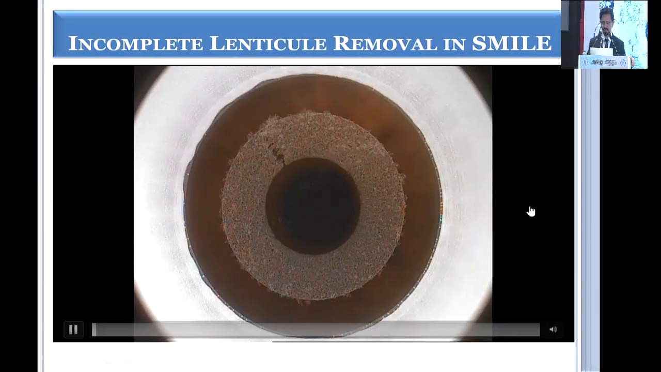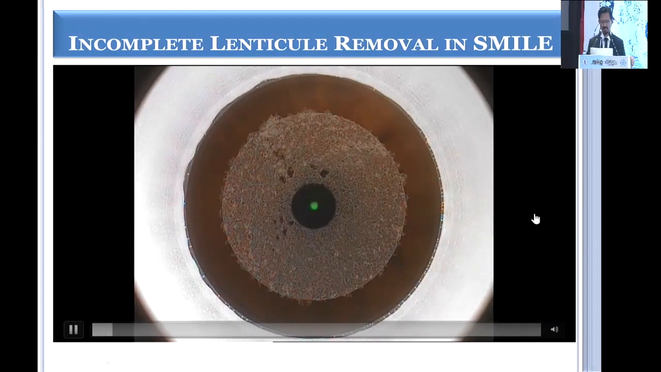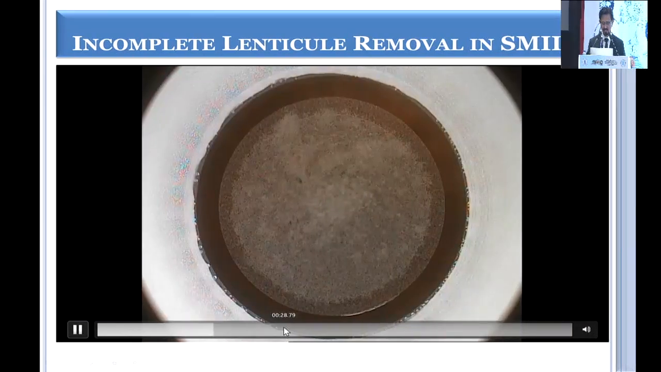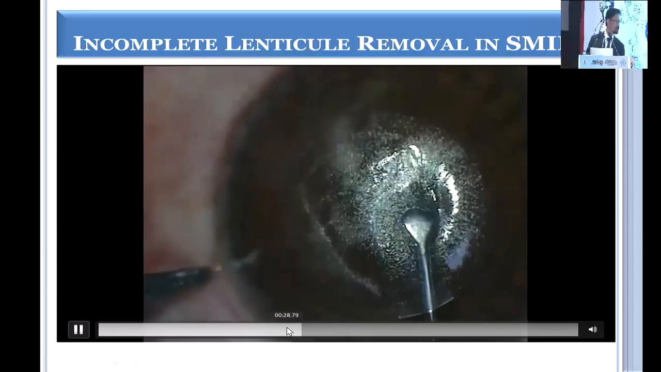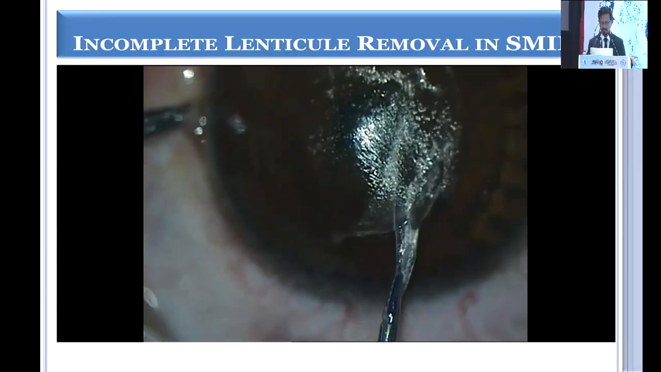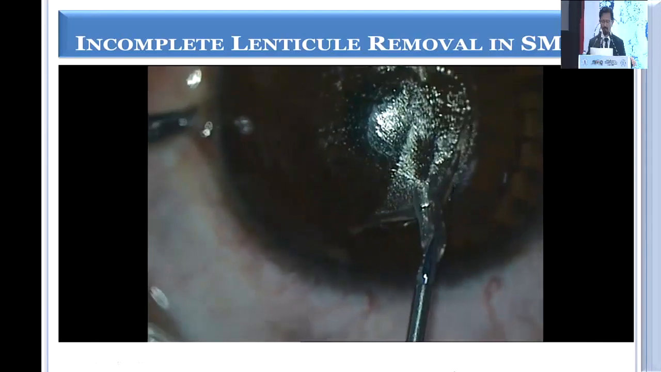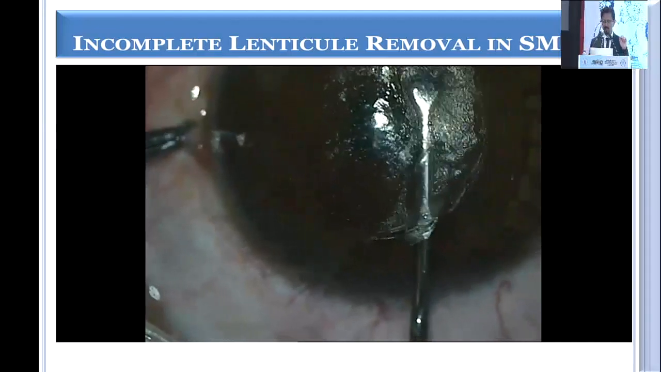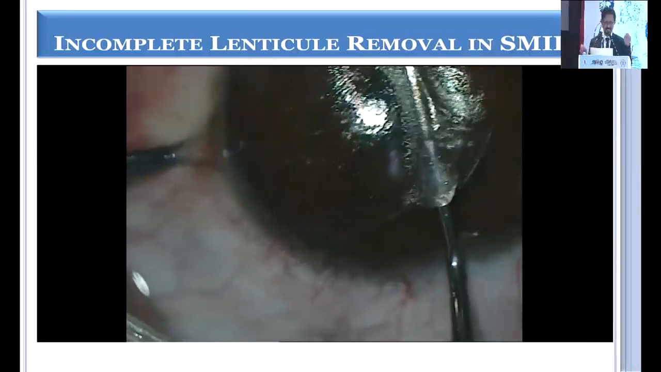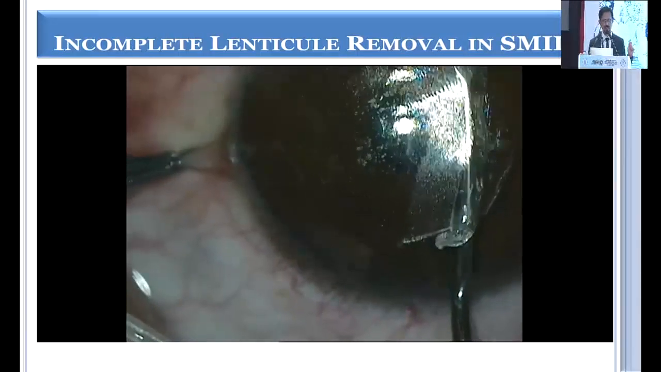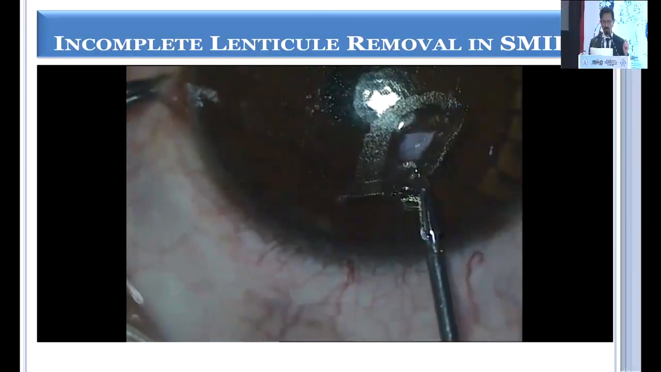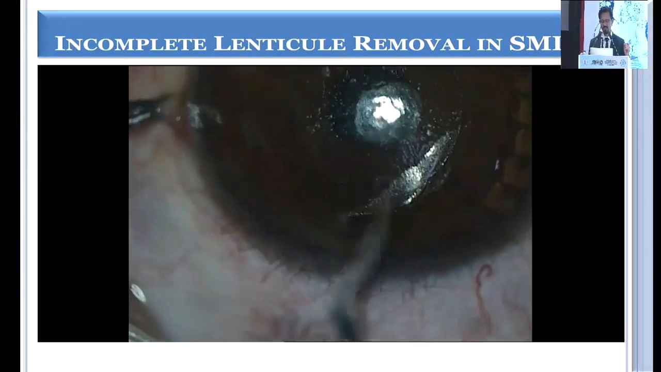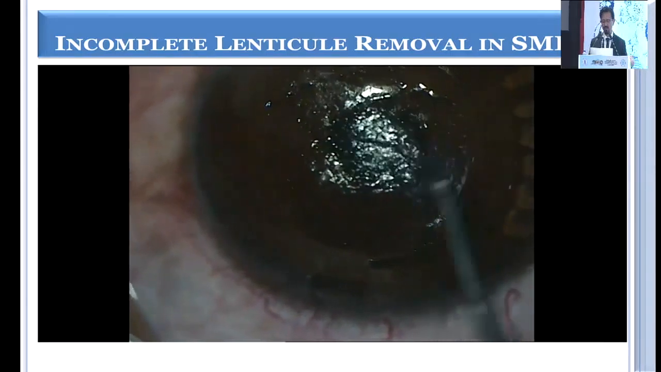There can be incomplete lenticule removal in SMILE, and that can happen because of incomplete dissection. So in such cases, what you can do is you can either stain. It is not advisable to pull the lenticule, because these are thin lenticules. If you pull it too much, if it adhered and you pull it too much, then there is a chance of it tearing up, and then you will have a risk of some part of lenticule left. As you can see here,